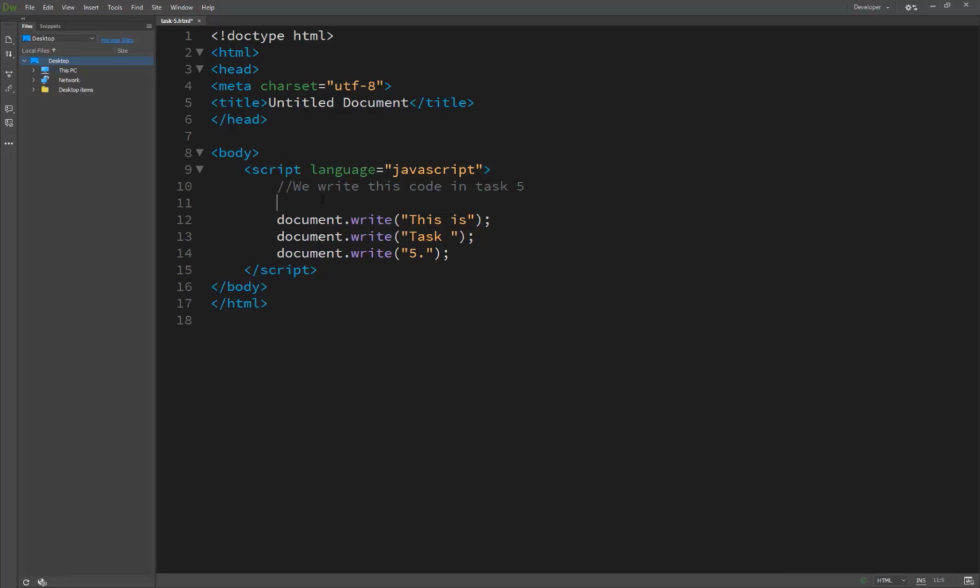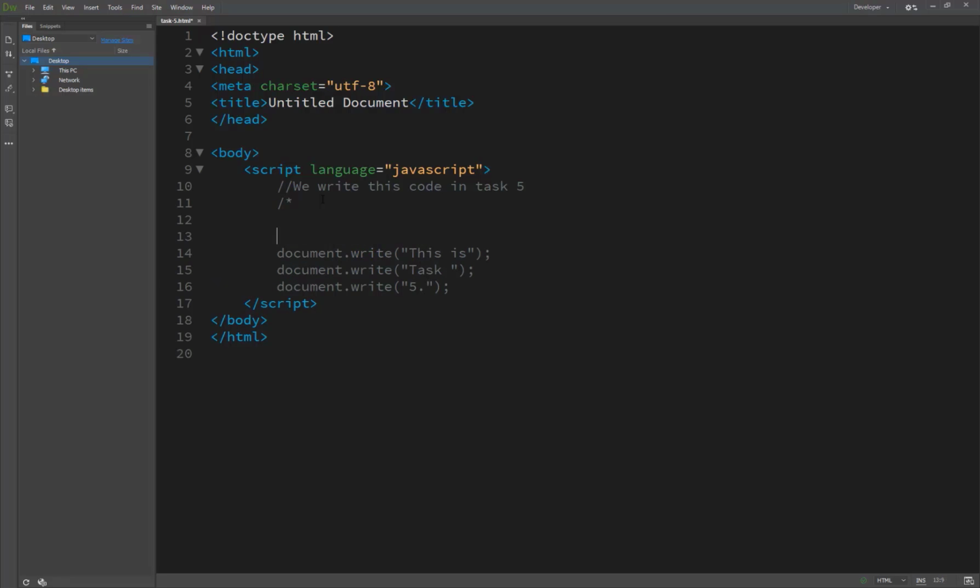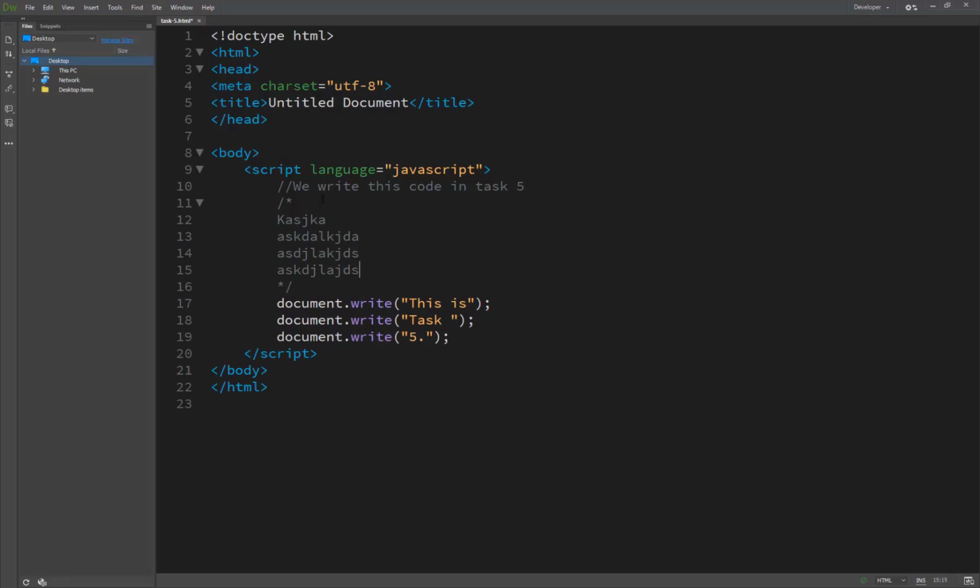We use another technique for multiple line comments, by pressing this, and this is the multi-line comment. We type something here, and this is the multi-line comment, but we use this technique only for a single line.